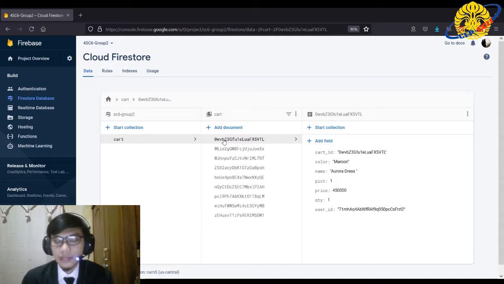This is like the order ID in a general online store, and there are fields that contain the data of the order, like cart ID, color of the clothes, the name of the dress, the ID of the picture, the price of the clothes, quantity, and the user ID who ordered the clothes.